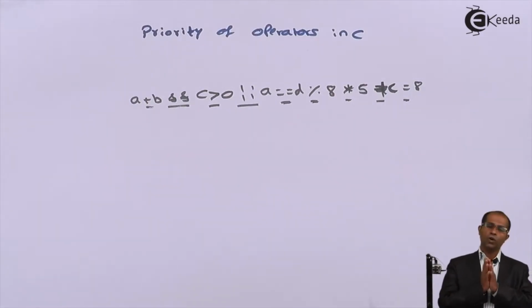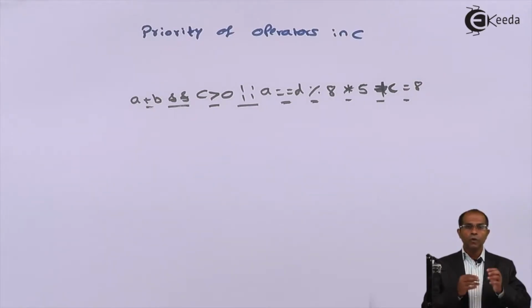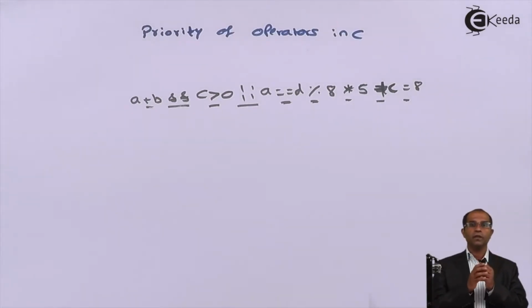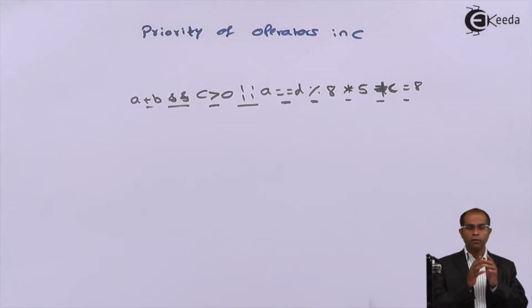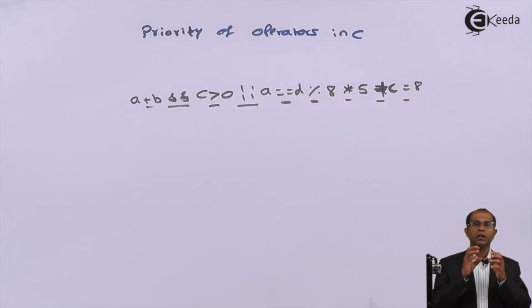Now in this case, how do we evaluate the expression? Which operator needs to be given priority? If I have two operators of the same level, how do those need to be evaluated? That is a term called associativity. We have seen this in the previous videos. Associativity says how expressions are supposed to be evaluated when two operators have the same priority. So I'll now put all the operators we have studied till now under one section and call it the priority of operators. How do I deal with the priority of operators?